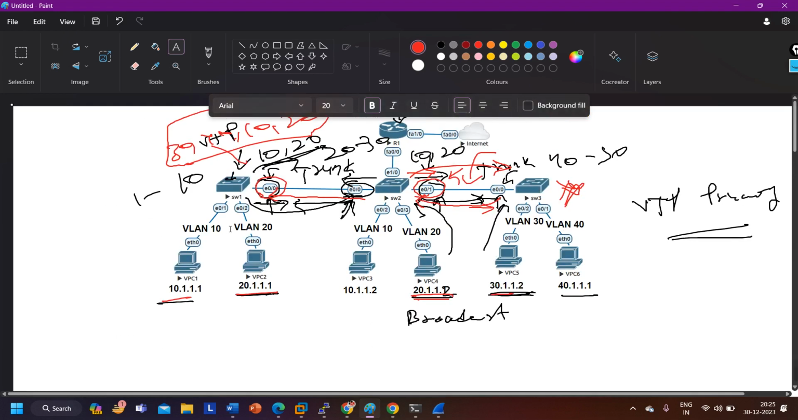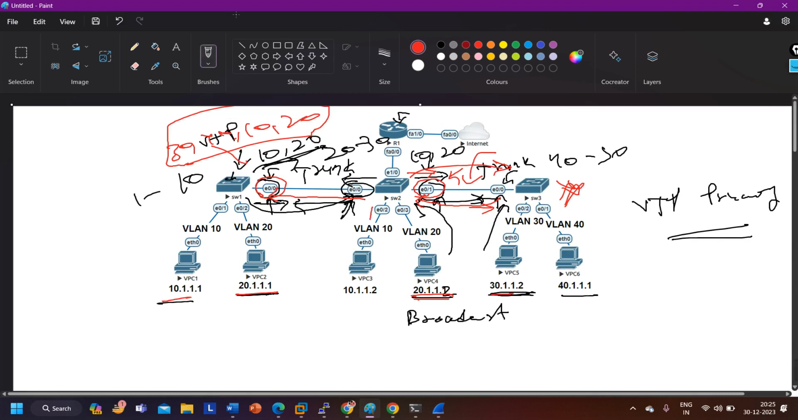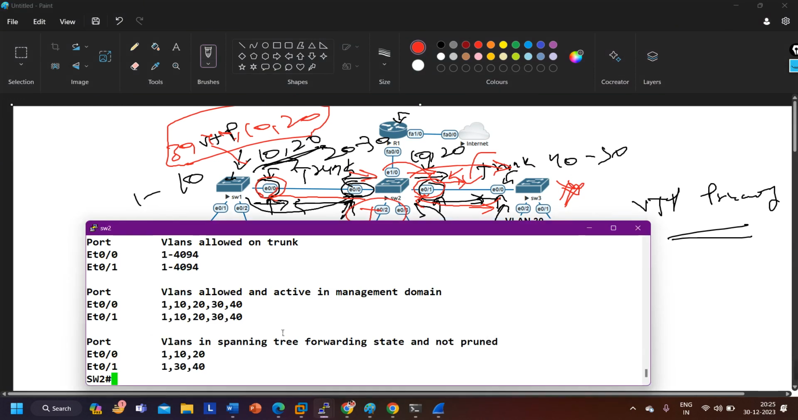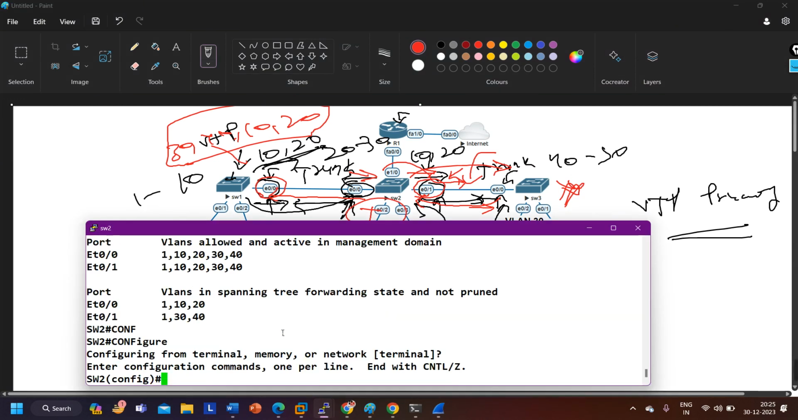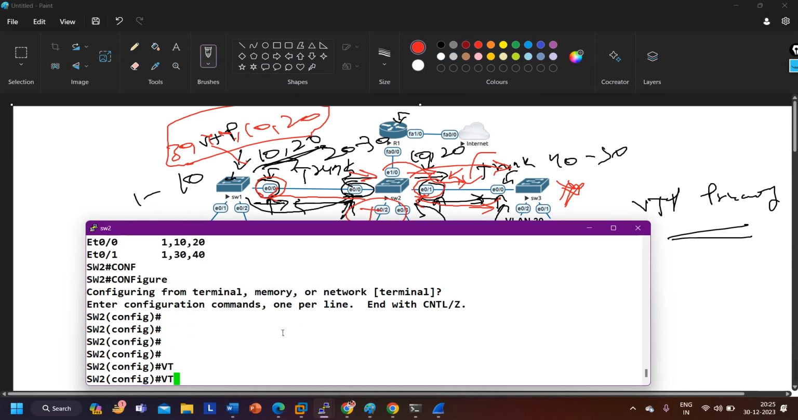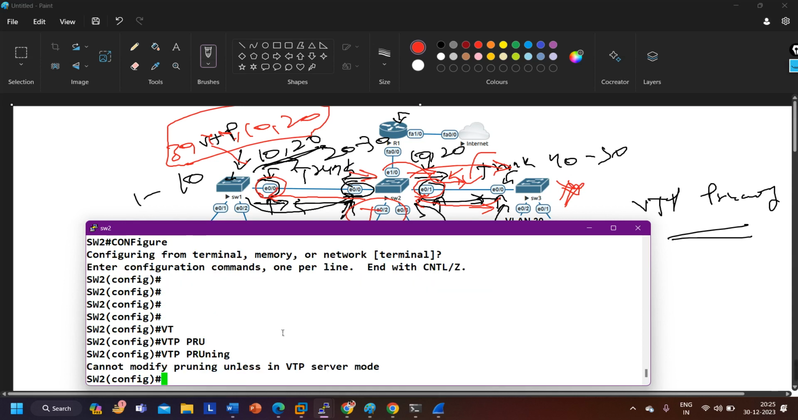Let's say this switch is my transparent mode switch, switch number 2. Whenever switch 2 receives any VTP message on this interface, it will only relay that VTP message from this interface, right? It is not going to check any information inside the VTP message. So it will not work on a transparent mode switch. And on a client mode switch, you cannot even configure VTP pruning. If I try to configure VTP pruning on switch number 2,